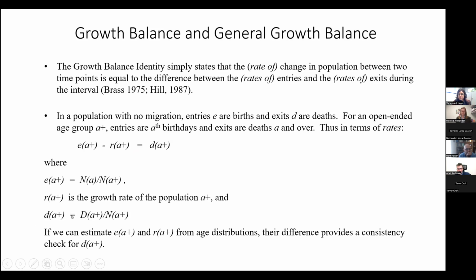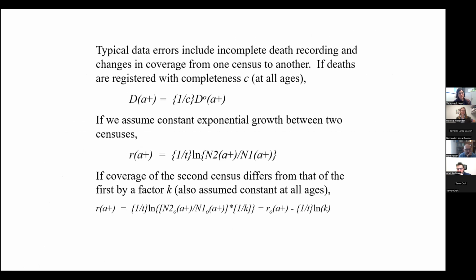So this is, I think, very intuitive and very nice, and gives us a strong way to show how we can use the demographic relations to obtain an estimate of mortality and how to evaluate data quality. And then if we have our data with some incomplete death records, and if the quality of the census changes from one year to the other, we